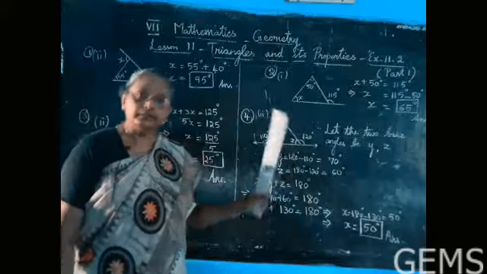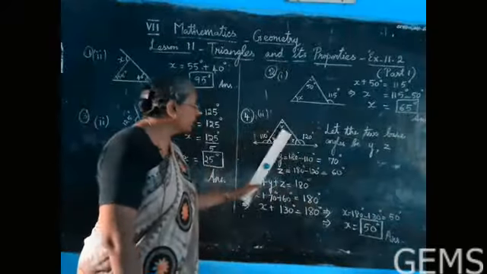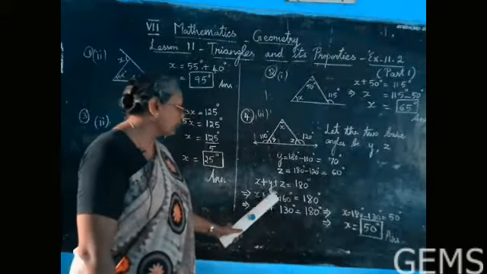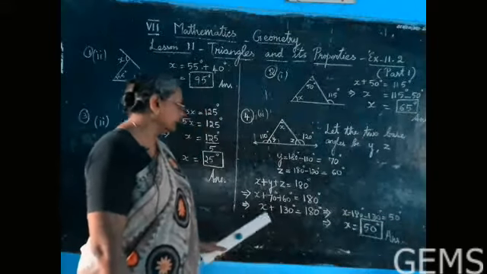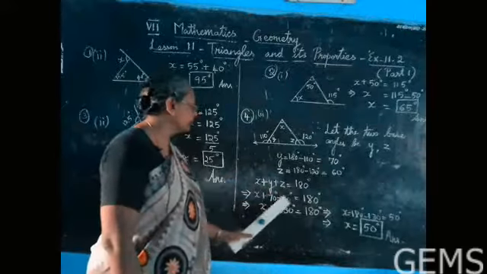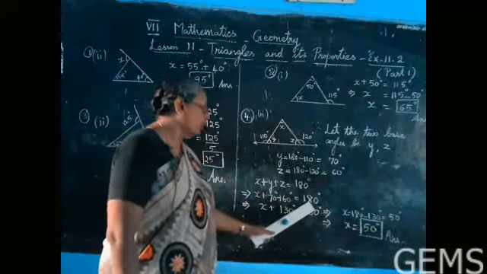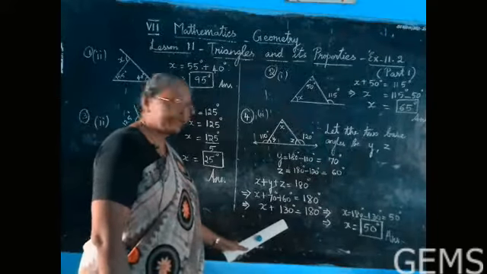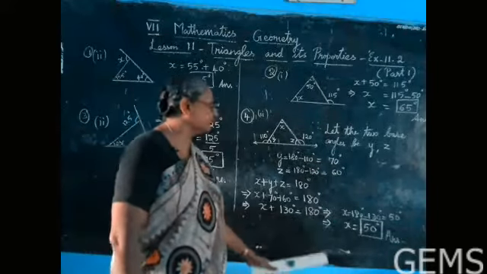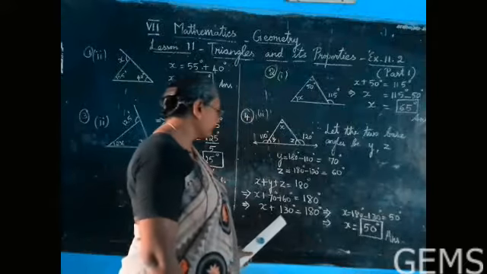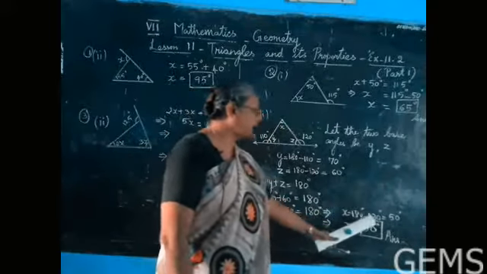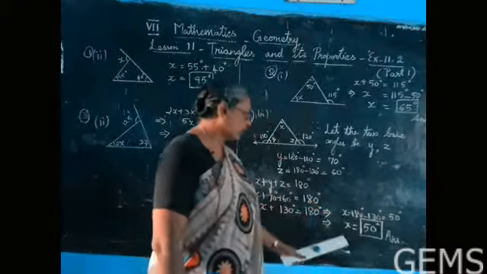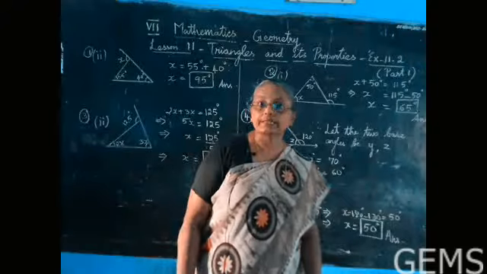I taught you, the sum of all the three angles will be 180 degrees. So x plus y plus z will be 180 degrees. So x plus 70 degrees plus 60 degrees is equal to 180 degrees. x plus this, when we put together, 130 degrees is 180 degrees. Therefore x will be equal to, bringing 130 to the other side, 180 degrees minus 130 degrees, which is 50 degrees. Therefore the value of x is 50 degrees.